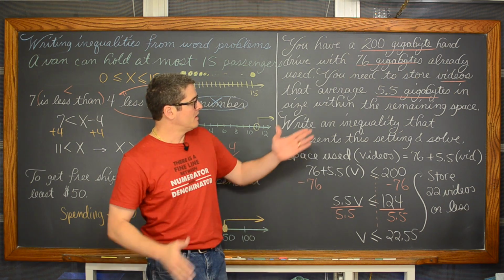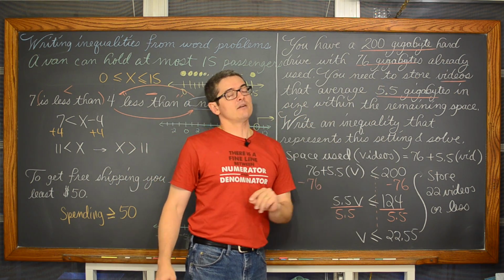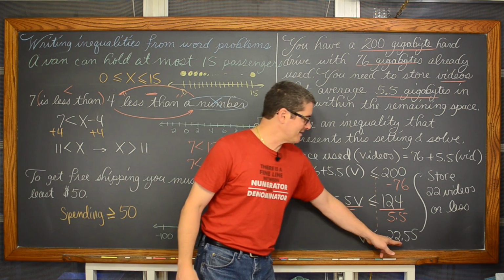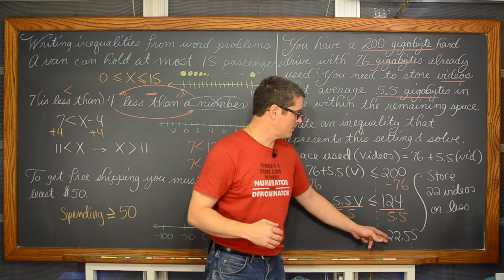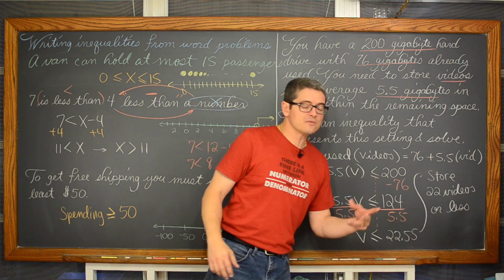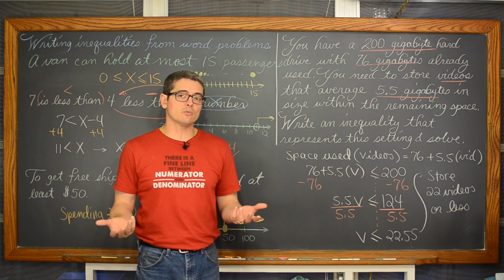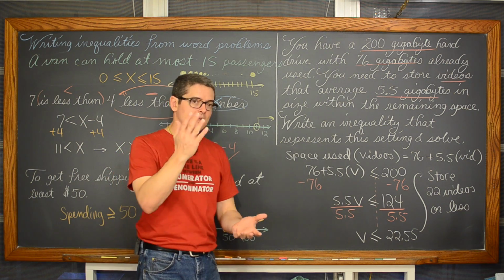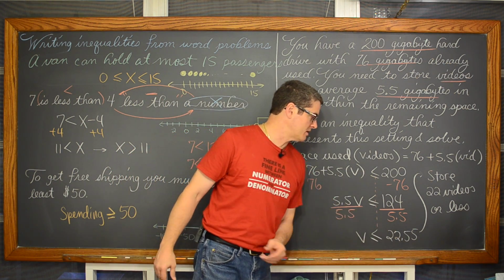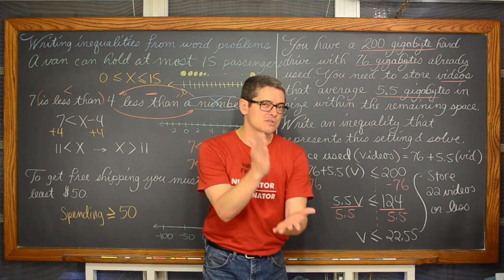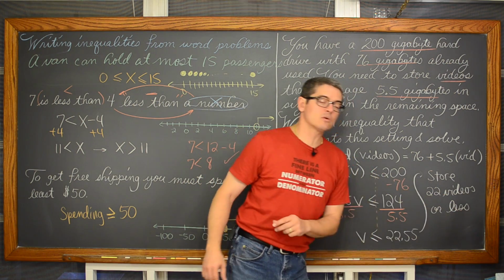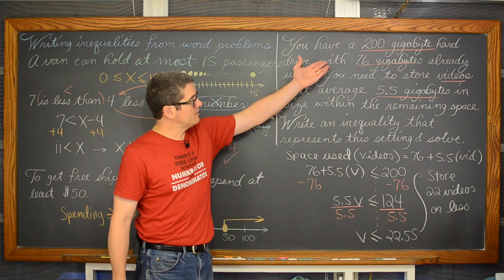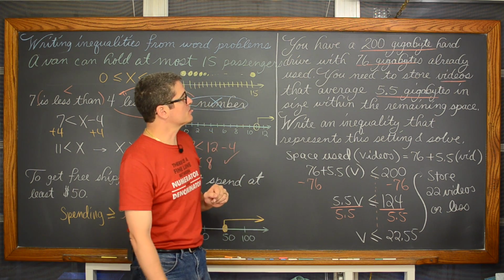If I want to have full lessons at this average size and have them all together, complete on a hard drive, that needs to be rounded down. Maybe rounding is not the right word, because if you round 22.5, you're going to round up to 23, and that would push us over the maximum storage of 200. So you're kind of truncating. I'm truncating this decimal of 0.5, just cutting it right off, and saying that I can store 22 videos or less on this hard drive with a maximum storage of 200.